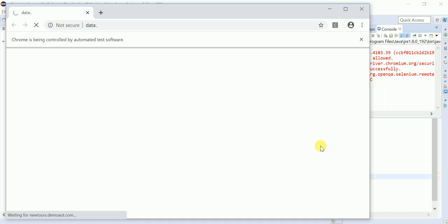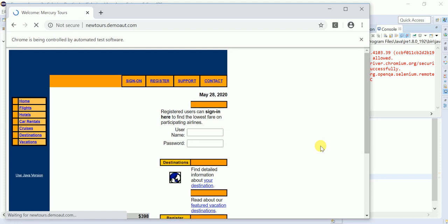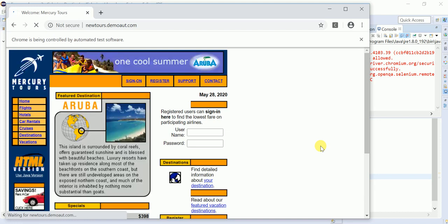You need to know how to practice: take any website, see what all the elements are there, and work on that. Each and every element you need to play with, like text fields, buttons, links, drop downs, combo boxes, check boxes, radio buttons, anything. Playing with all those controls will give you more perfection in Selenium. How much you know how to work with the controls, that much you will become expert in Selenium.